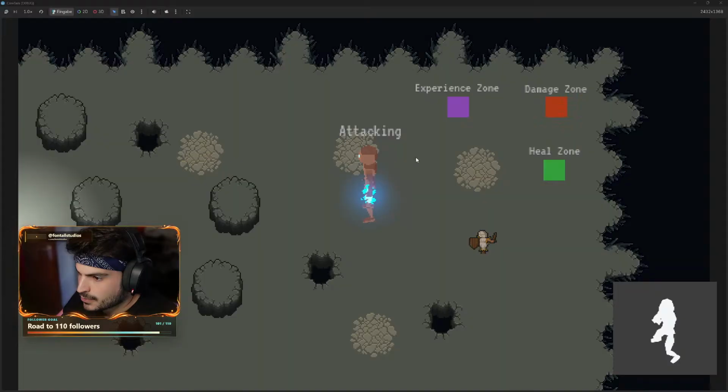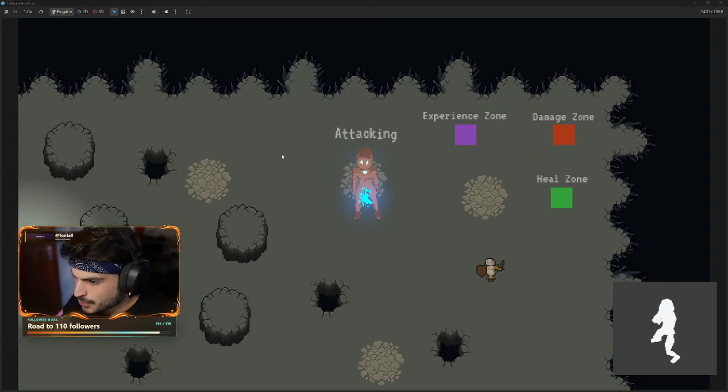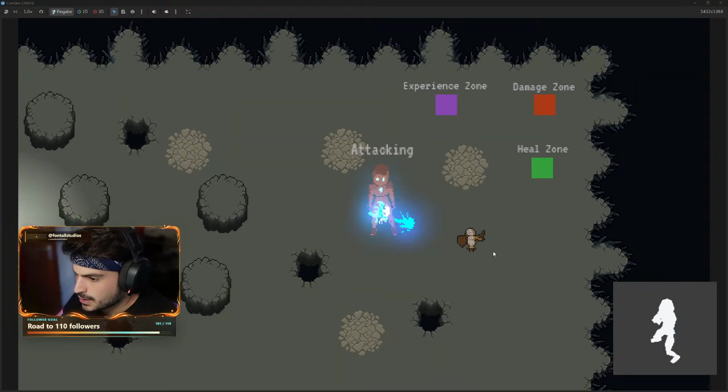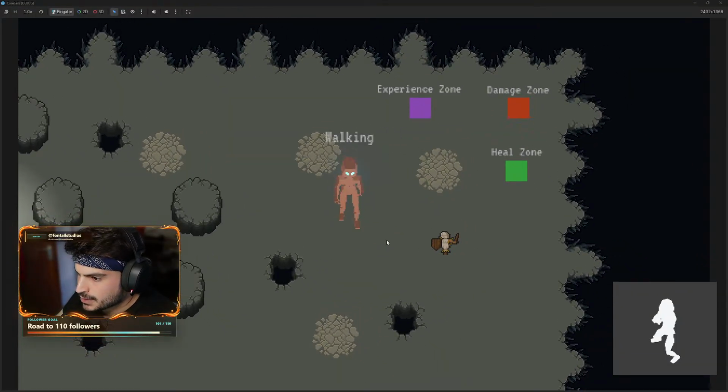Now we just have to adjust our attacking here. It's still the attack from the previous asset. So the system will stay the same, right? We can attack in every direction we point the mouse at. So that will be the same, but